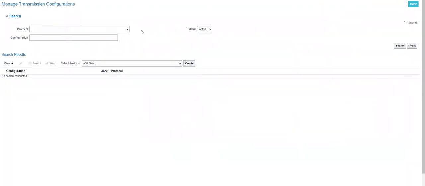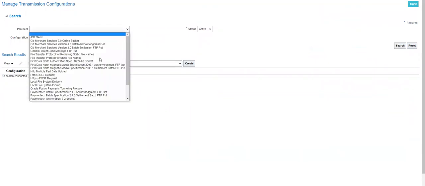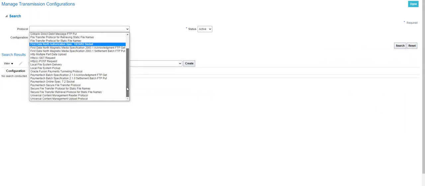Since it's an offline transaction, Oracle has already provided different types of transmission methods. But since we are going to do offline transactions, in case of offline transmission, Oracle will create the file and put it into UCM.